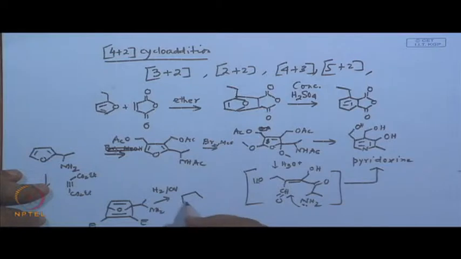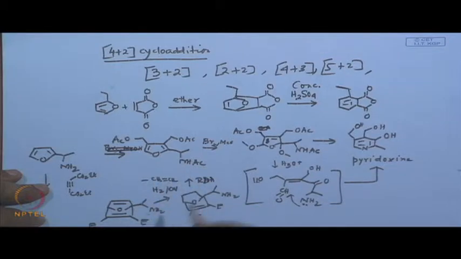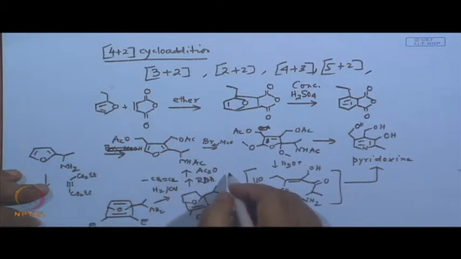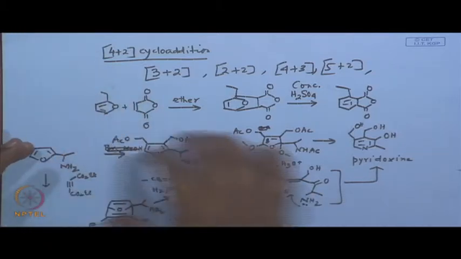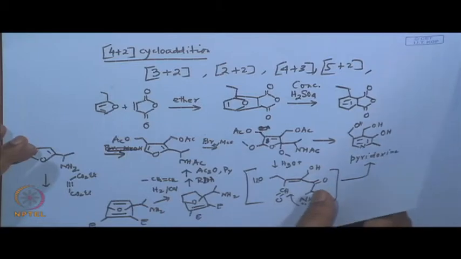And the rest remain as they are, with H2 and this, and then of course you do a retro-Diels-Alder reaction that loses this ethylene, and then you do this acetylation. What is the standard protocol for acetylation? Acetic anhydride and pyridine, but nowadays you use something else, right. So, that means this example tells you that furan can be reactive